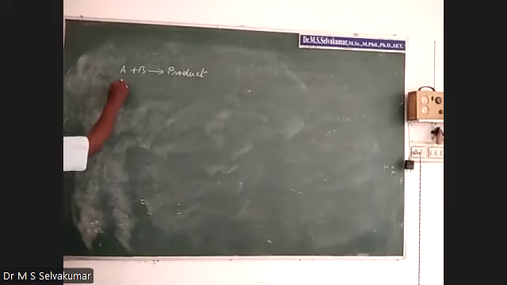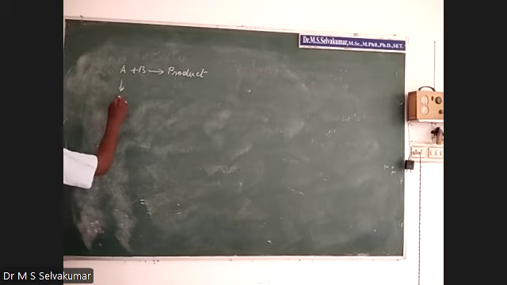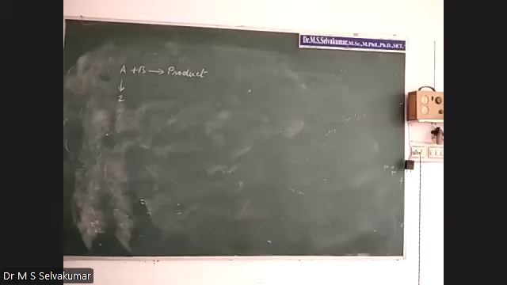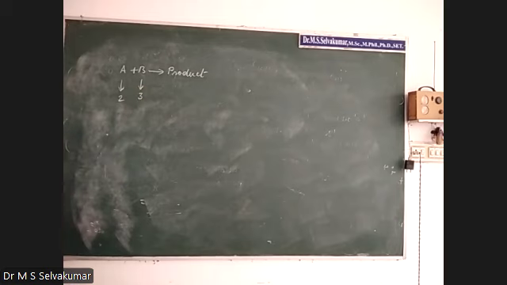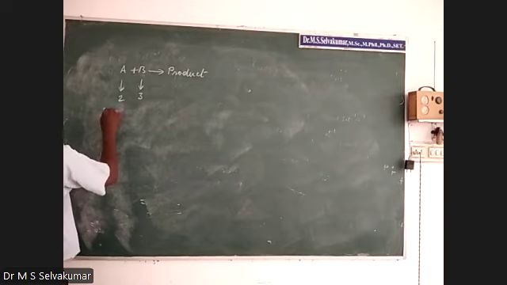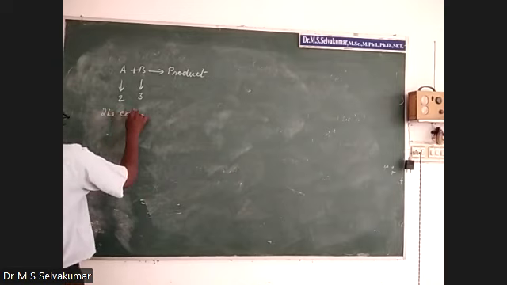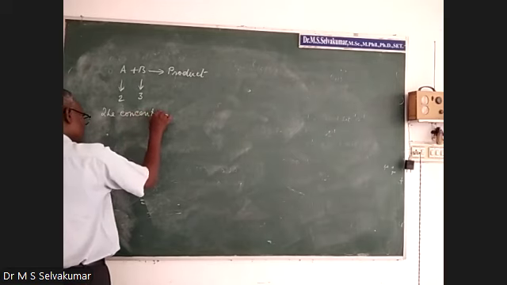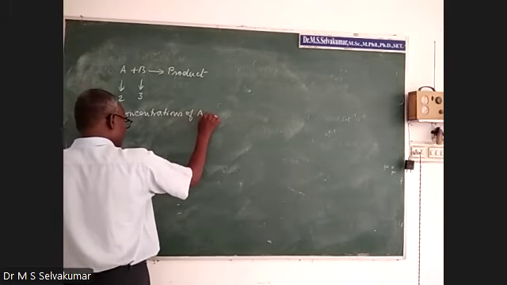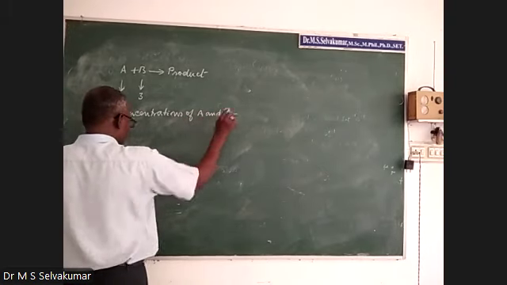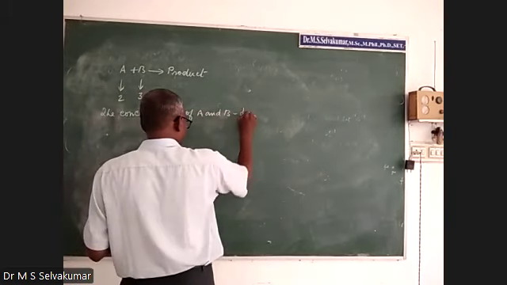Order with respect to A is 2. It is a second order reaction with respect to A. Order with respect to B is 3. It's a third order with respect to the reactant B. Now, the concentrations of A and B are doubled or